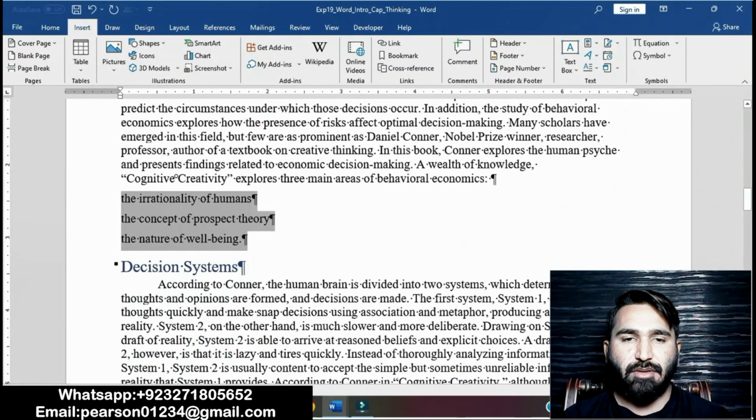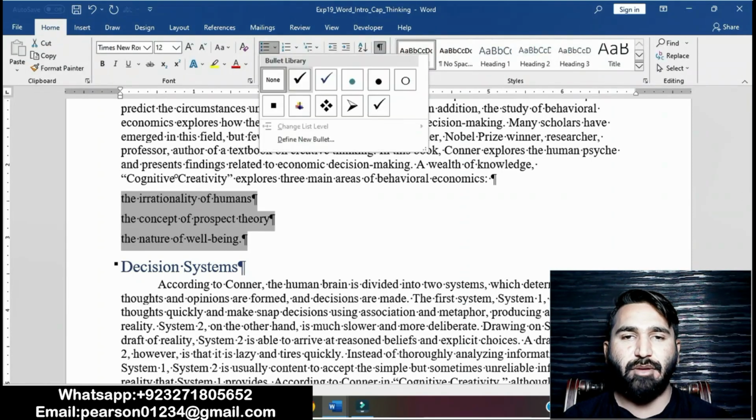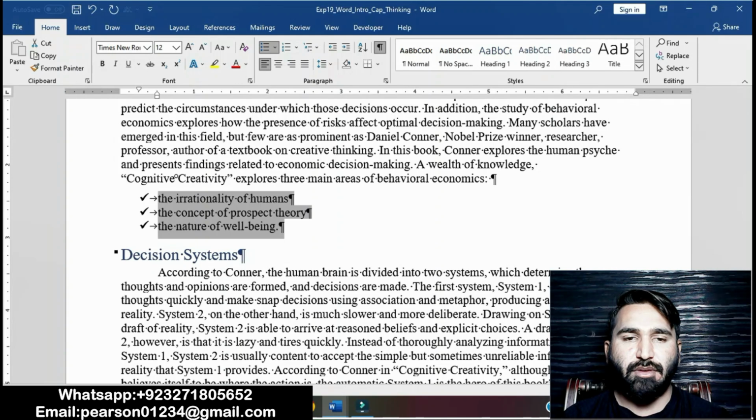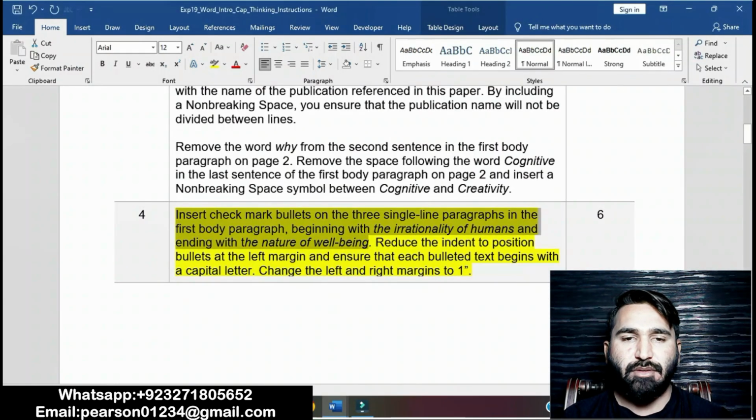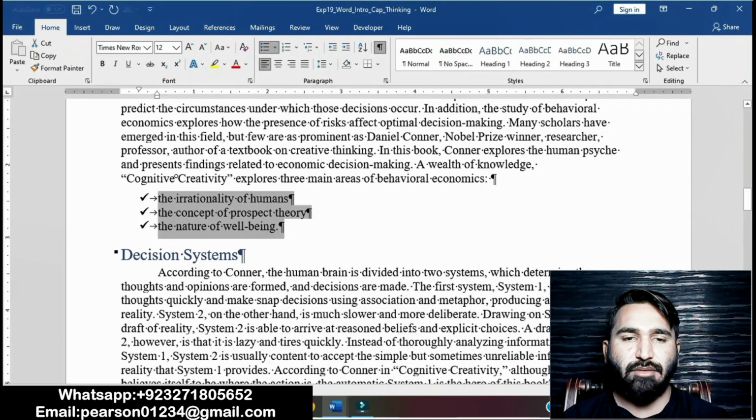Select this. Okay, in irrationally of humans, the concept of proposed theory, go to the Home tab and go to the bullets. Insert check mark. It's irrationally humans. Reduce indent to position bullets at the left margin and ensure that each bulleted text